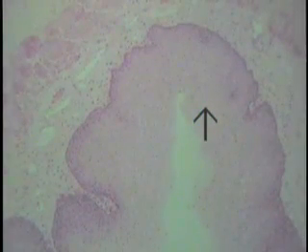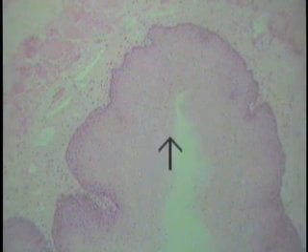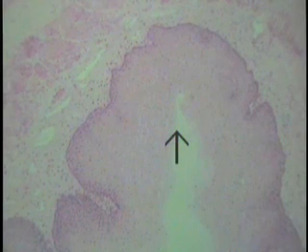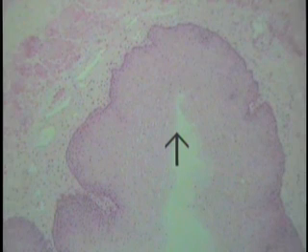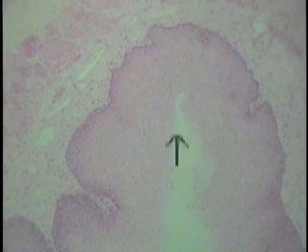Retreat to the lumen, or the lining interior of this particular structure. This huge epithelial tissue here is an example of non-keratinized stratified squamous epithelium, oftentimes referred to as a wet form of stratified squamous epithelium. The epithelium extends from where the tip of the pointer indicates